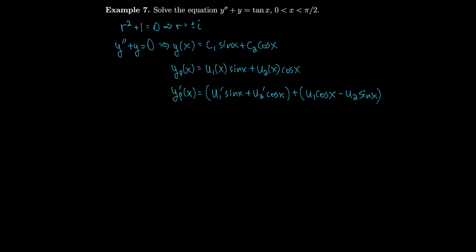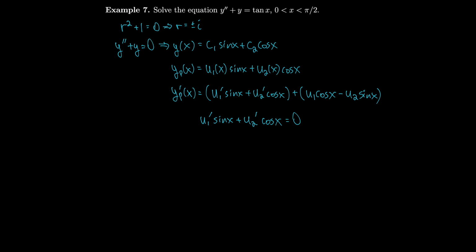So how about we take this entire mess over here and make our functions u1 and u2 such that when we take their derivatives, multiplying by cosine and sine, we get 0. Because u1 and u2 are arbitrary functions anyway, so we can just choose them however we like. So we'll take u1 prime times sine plus u2 prime times cosine, and we'll set that equal to 0. And that'll restrict the number of solutions we can get, but we don't care because we just want to get